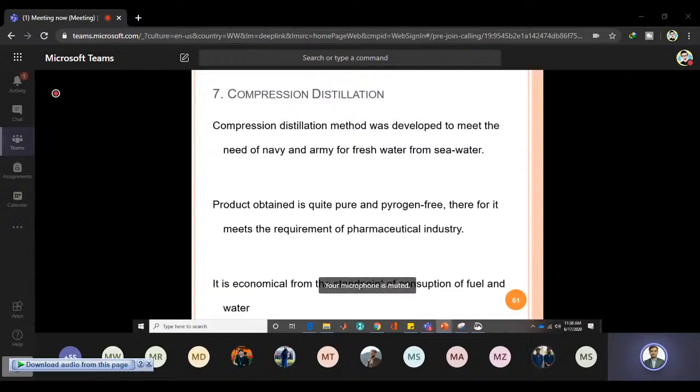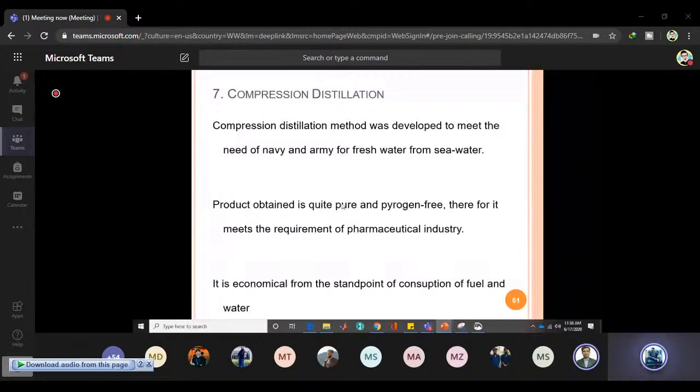Okay, बेटा अपना माइक बंद कर दें. ओके, प्रोडक्ट. हमारी क्लास में कोई छोटा बच्चा भी है क्या? जी सर, अजहर है सर, अजहर नाम है। अच्छा, सर 3-4 हैं, एक नहीं है। as a product obtained is